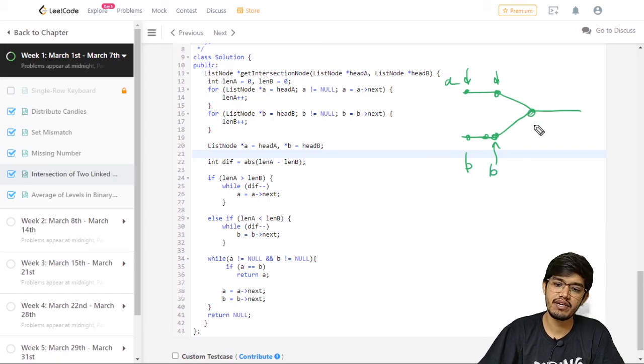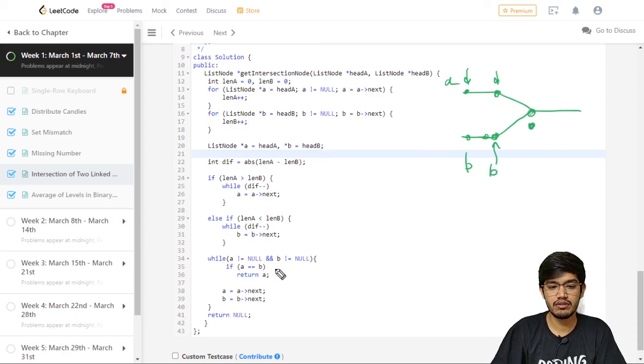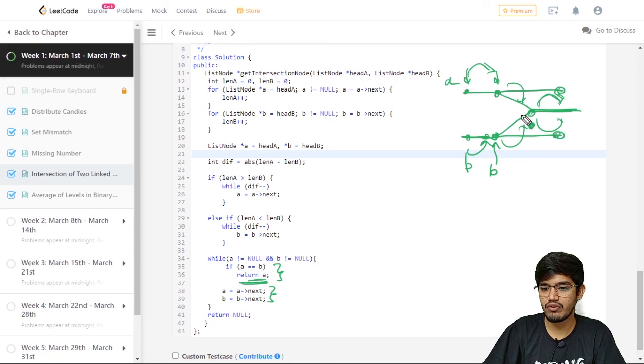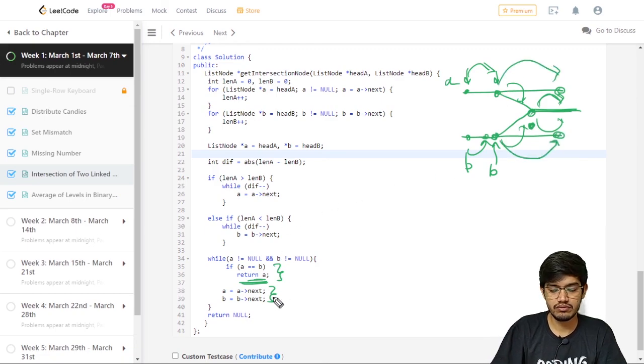When you get this position equal, we return here. So when A and B become equal, basically the value becomes equal, we just return A, and else we just move ahead one position from here, one position from here. Once we get this common node, we stop. If you are not getting any values, we just return null.